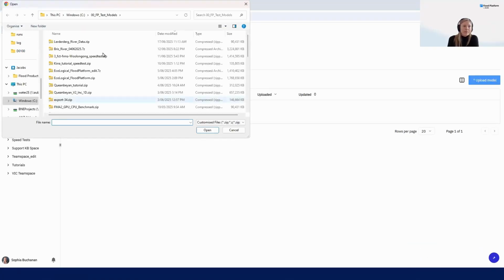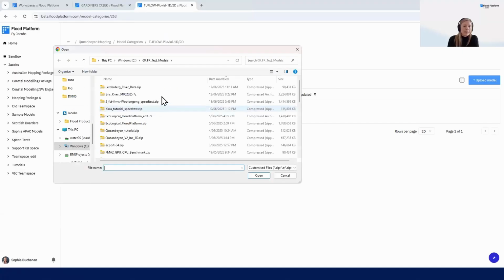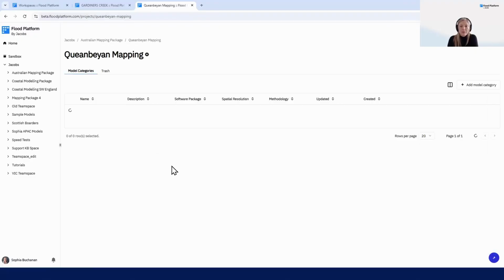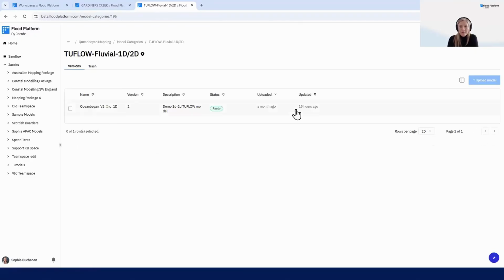And we support all kinds of zip files, so 7-zip. You just package up your whole model once you're finished. So we're not a replacement of your existing tools. We are just a model management system, and you can run things if you want to, but mostly model management. You upload your model, and it will set your versions for you and give you the dates that it's been changed and uploaded, so you always know which version is the latest.